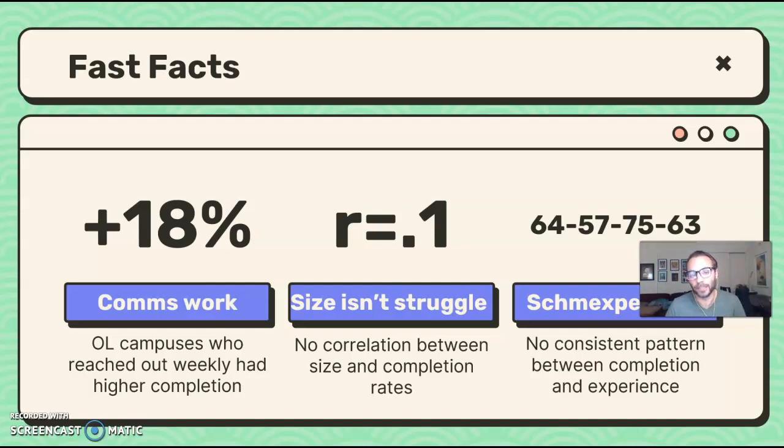The other thing that really surprised me in this category is that it didn't really have a pattern between administrator experience and what completion rates were. So that 64, 57, 75, 63, you see those numbers kind of bouncing up and down. And those correlate with different categories of experience that DHCs had. So that 64% completion rate was for DHCs with 6 months or less experience in the role. And the lowest group was indeed the 6 months to 1 year, so on the newer side of DHCs.